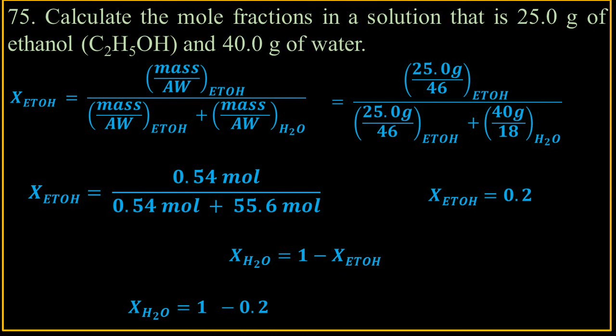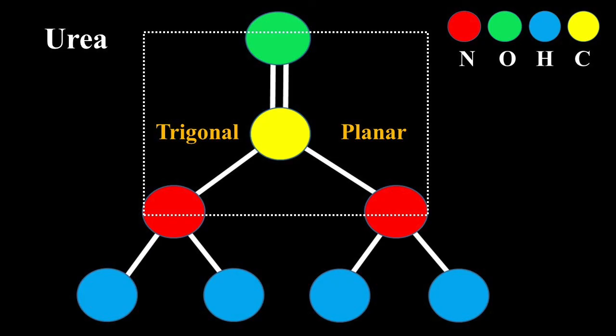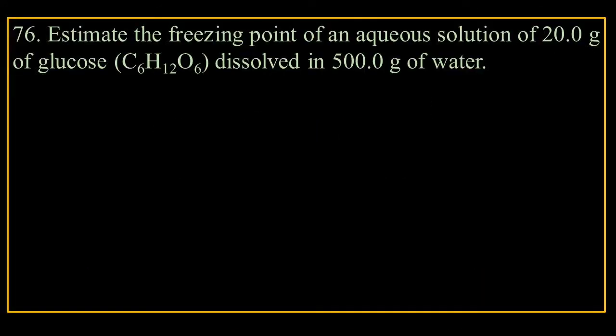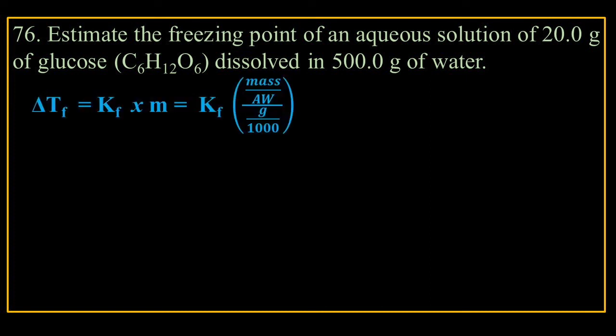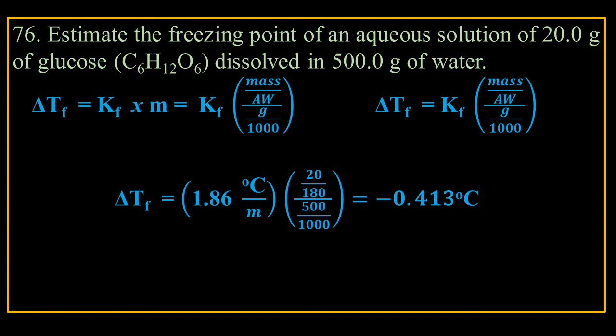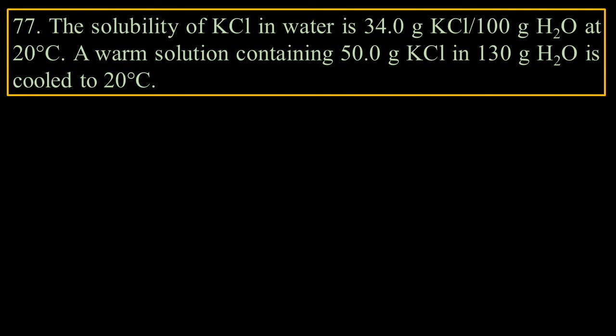and so they have to add up to 1, and the numerator divided by the sum of the moles in the denominator. This is the molecule urea, and you can definitely see areas that are polar. Estimate the freezing point of an aqueous solution of 20 grams of glucose dissolved in 500 grams of water. This is all the data you need, and at this point it should be fairly simple. That's 180, the atomic weight of glucose, and it'll be negative